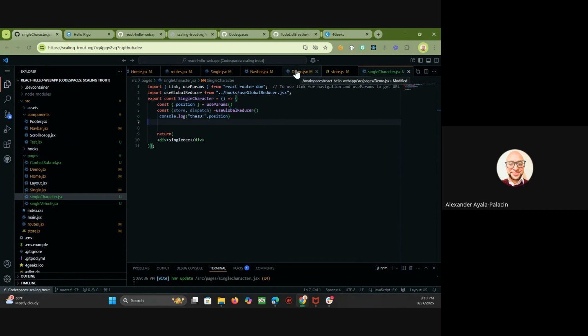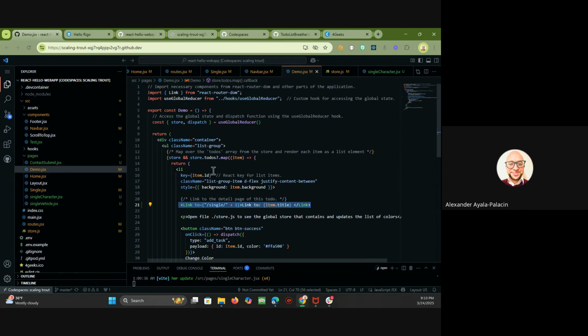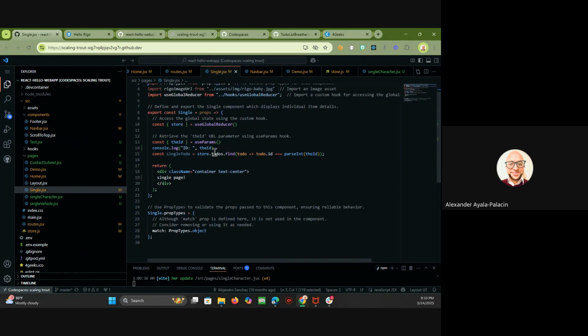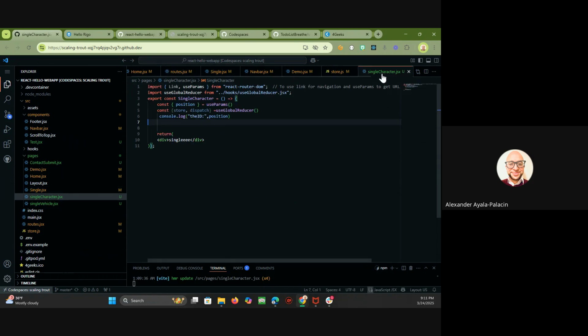So now I think demo does it. Or is it single? Look at what they did. They got the ID, remember? And look what they did. Find something something. Store.todos.find. It's kind of like the filter function, but it's the ID. Oh, simple. It's actually simpler for us because we have the